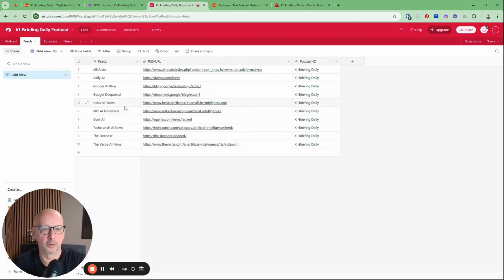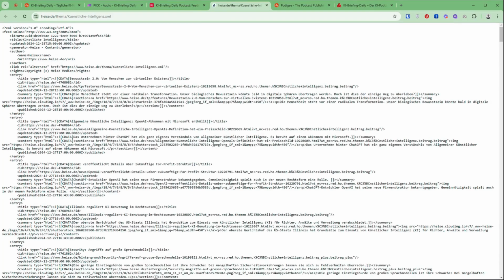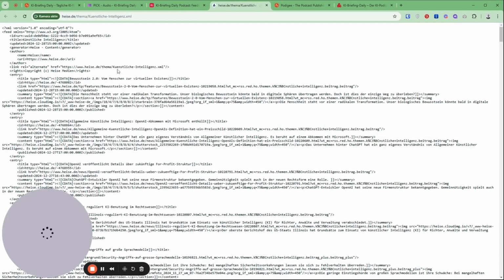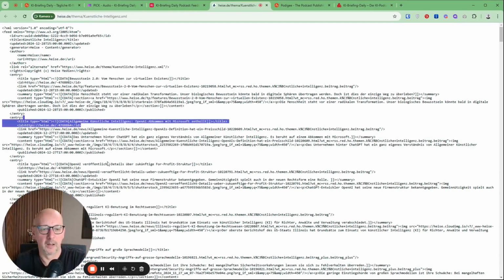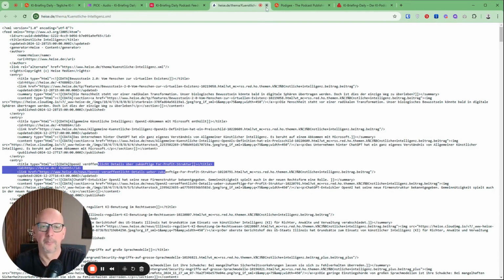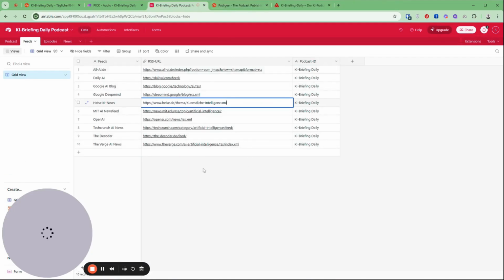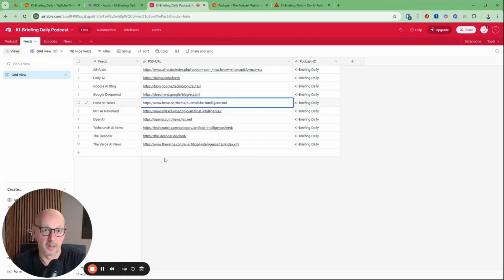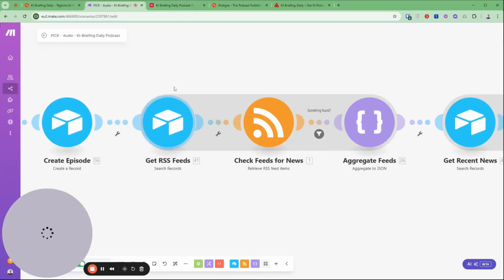And if we take a look at Heise, for example, which is a well-known news site, you can access this RSS feed that is specifically about AI. And when I fetch this RSS feed, we can actually see here that there are only AI news items. Yes, AI, OpenAI, and again, OpenAI, and so on. And that's why it's really convenient that I've selected the right RSS feeds here. And actually, it was a huge effort. And in the end, I selected these 10 feeds, some of which are in English,